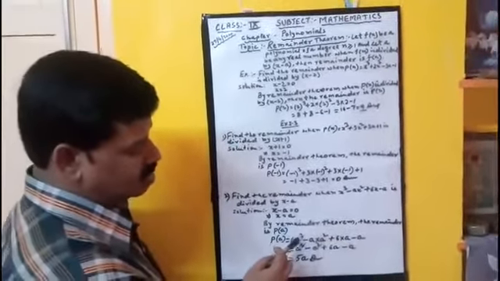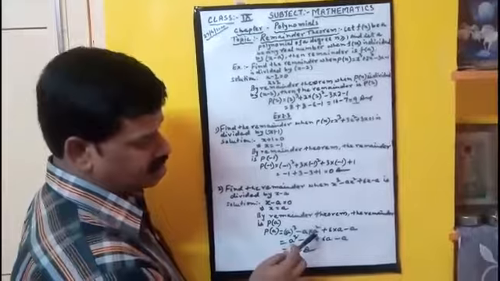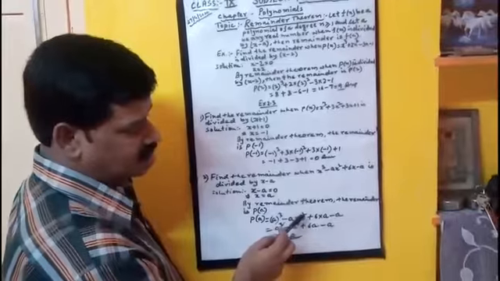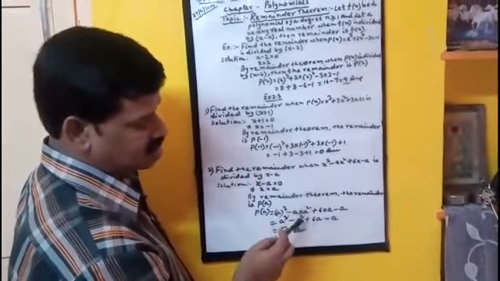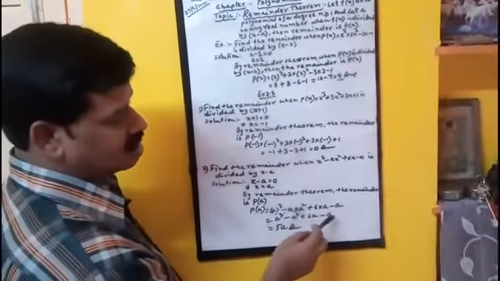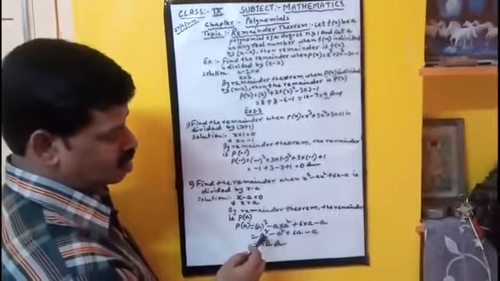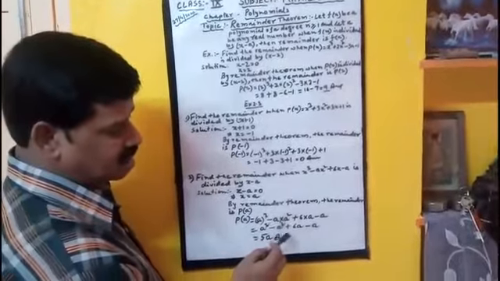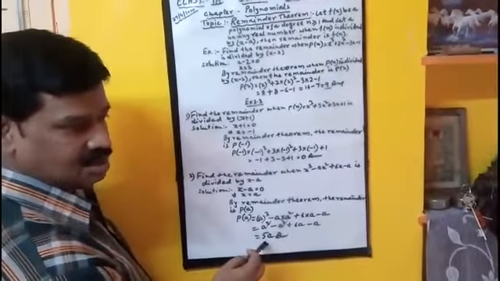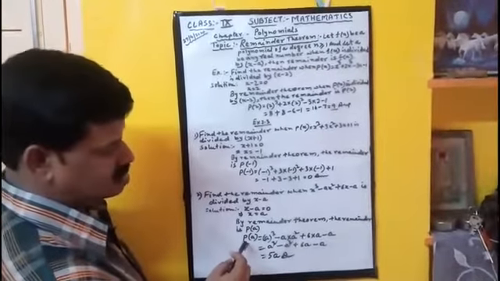Now put a to the power 3, minus a into a square, by the laws of exponents. Here is 1 and here is 2, so 1 plus 2 becomes 3, plus 6 into a, that becomes 6a, minus a, plus a cube minus a cube becomes cancelled. 6a minus a gives you 5a. So 5a is the remainder of that polynomial.